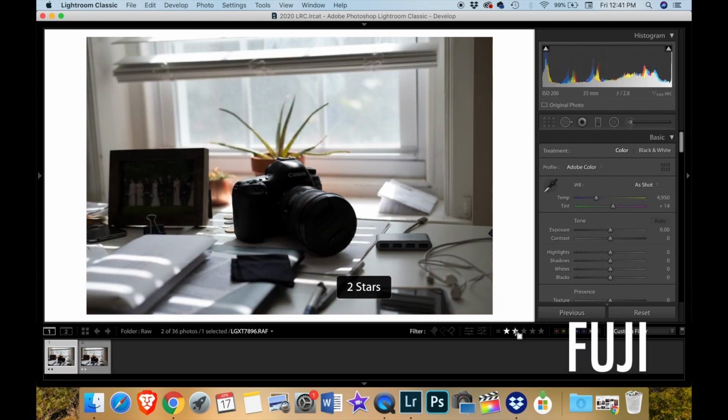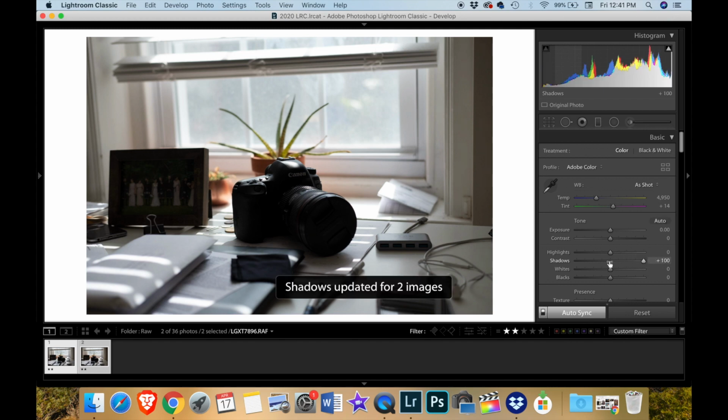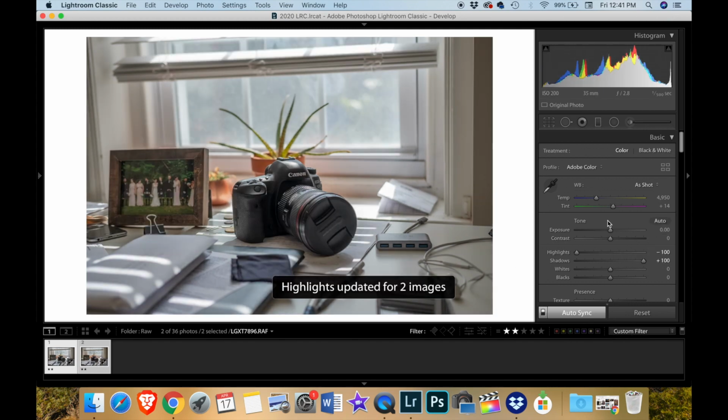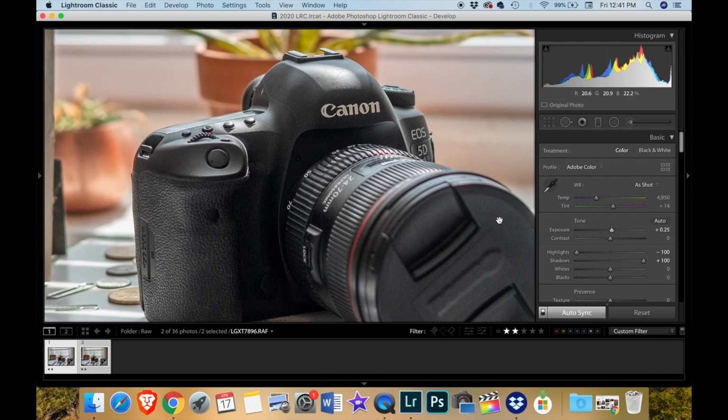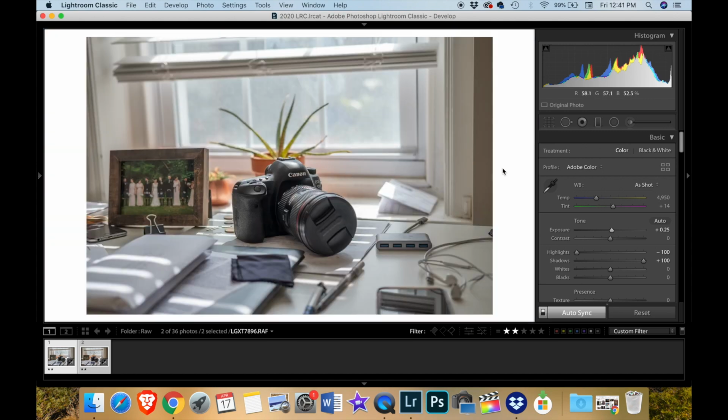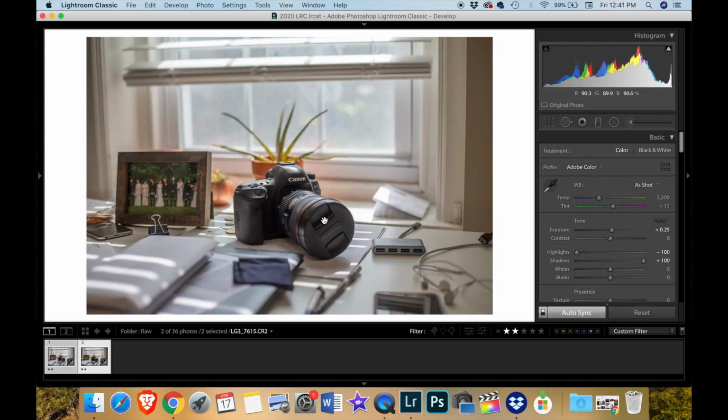All right, on to the next one. We'll just do the exact same thing. We're on the Fuji file first. We'll just pull the highlights all the way up, shadows all the way down, maybe brighten it a touch, but this file was brighter for some reason. Zoom in there. Very fine grain shows up on the lens cap, but otherwise it looks nice and sharp, it looks good. This is the base ISO for the Fuji at ISO 200, and the Canon file, I feel like